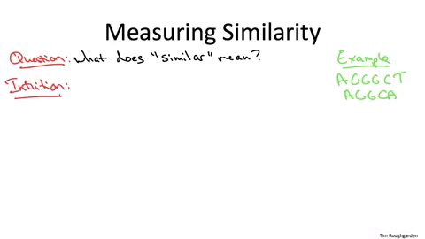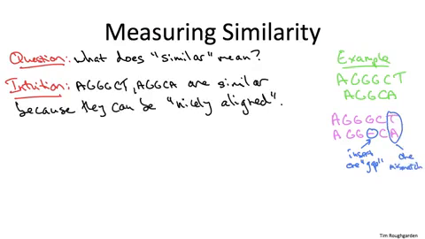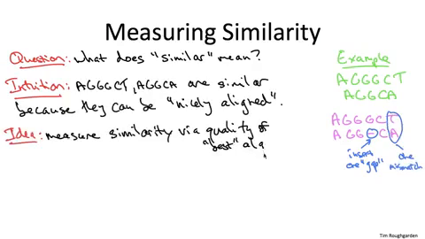Well, one way to make it more precise is to notice that these two strings can be nicely aligned in the following sense. Let's write down the longer string, AGGGCT, and I'm going to write the shorter string under it, and I'll insert a gap, a space, to make the two strings have the same length. I'm going to put the space where there seems to be a quote-unquote missing G. And in what sense is this a nice alignment? Well, it's clearly not perfect. We don't get a character-by-character match of the two strings, but there's only two minor flaws. On the one hand, we did have to insert a gap, and we do have to suffer one mismatch in the final column. So this intuition motivates defining similarity between two strings with respect to their highest quality alignment,